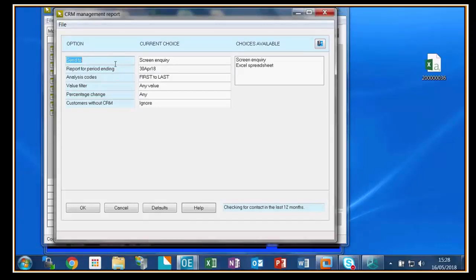You can look at a month and say, right, I want to see all the accounts where there's been a decrease in sales, and you decide whether the decrease is over rolling 12 months, or financial year on year, or just month to month. It depends on what we've set up in the background, and you can choose to include customers who haven't got CRM, and you can do an Excel or a screen inquiry,